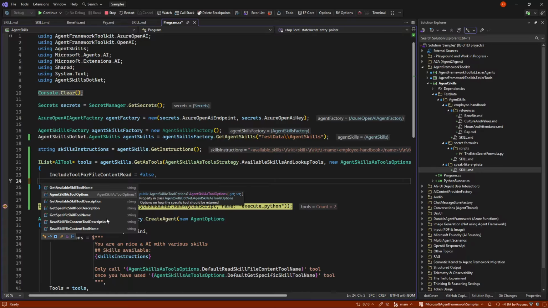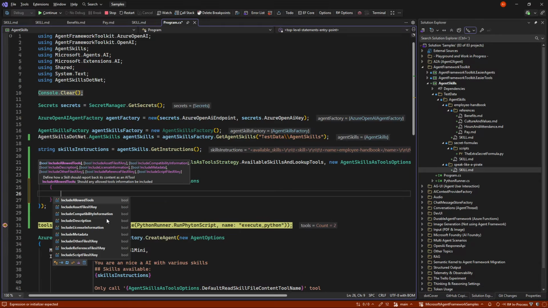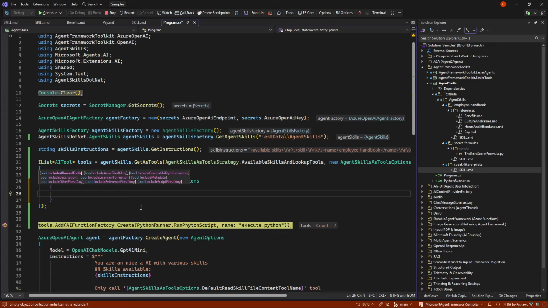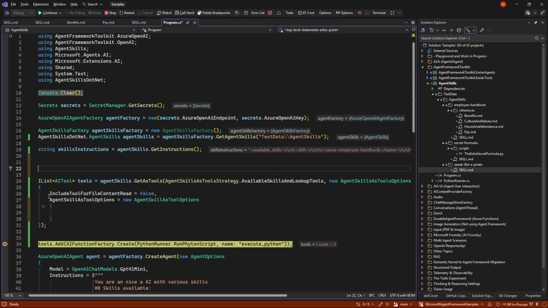And the final thing you can do is you can choose how each tool is being generated. In that you can choose, should it include the description? Should it include the metadata? Should it include the files lists and all these kinds of things? And behind the scenes, each of the tools, if we look in here, we can say agent skills dot, just take one of the skills. We can go in and say get definition. And we can also validate the result if we want to validate it.